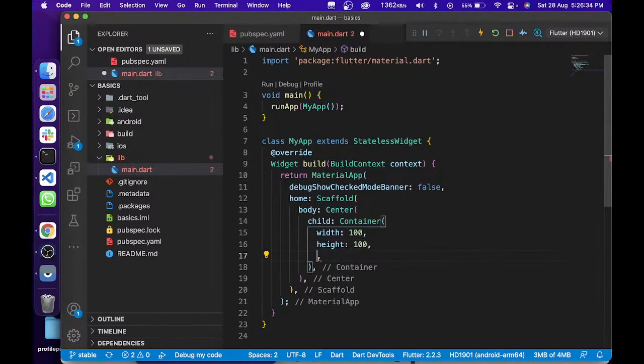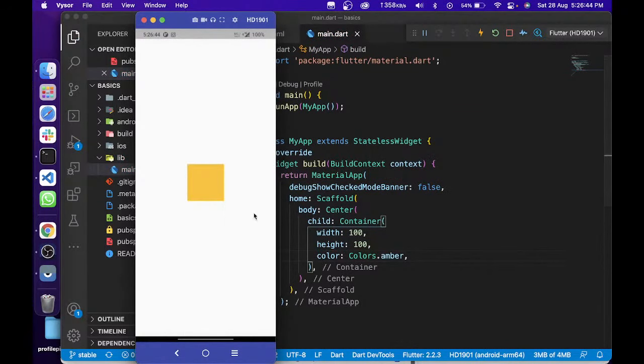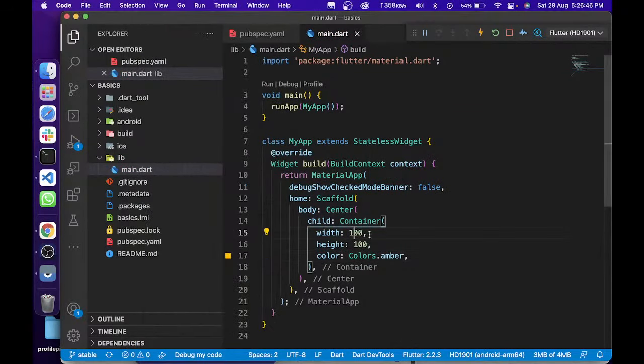It already exists, but it is not showing you right now. You also pass a color. So I pass 100 by 100. 100 is what? It's not pixel, it's a point. So it depends upon